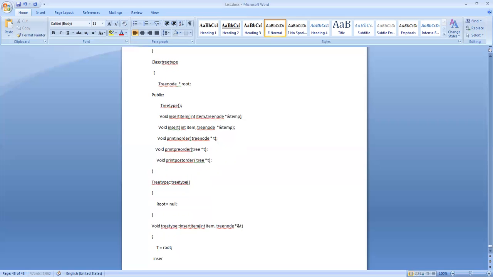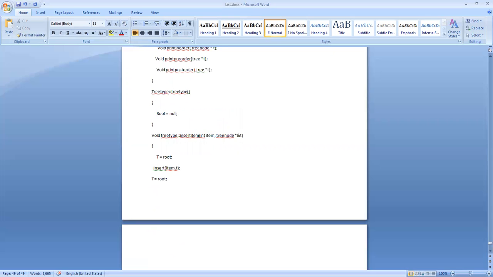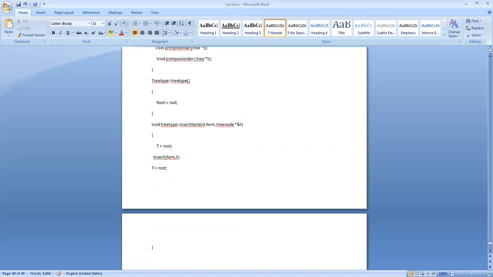Then I call this function, root. Next I call this function insert.